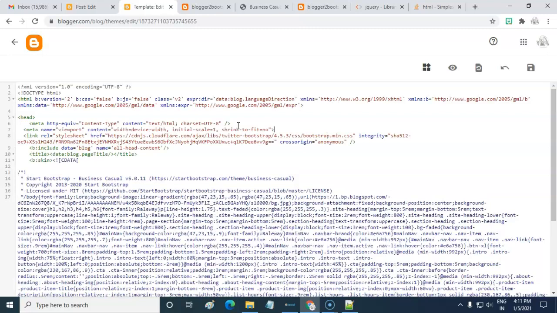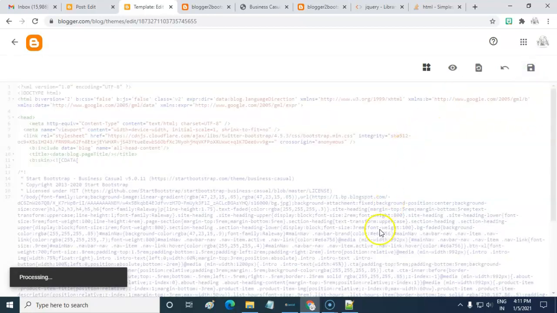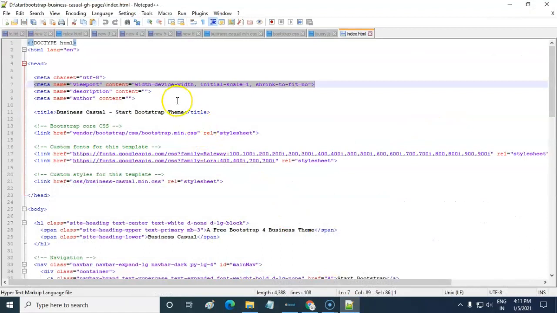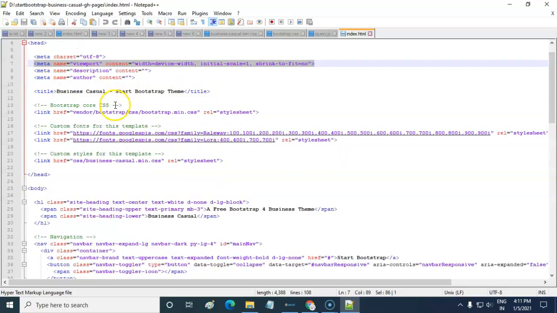Just paste the tag in the head section. End the tag with the correct slash. Okay, it's okay to use this, but it's not compulsory.